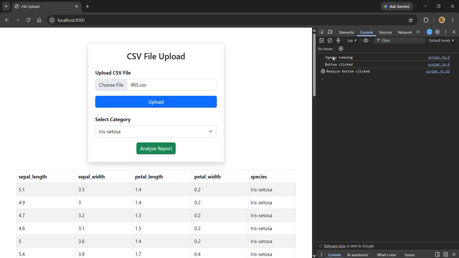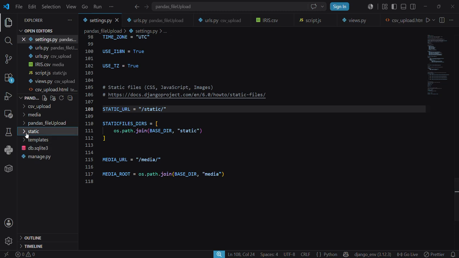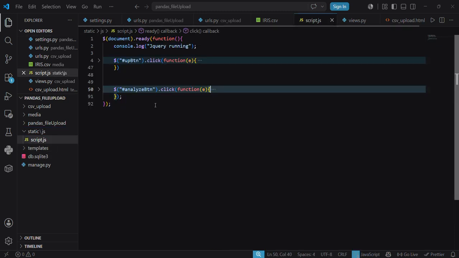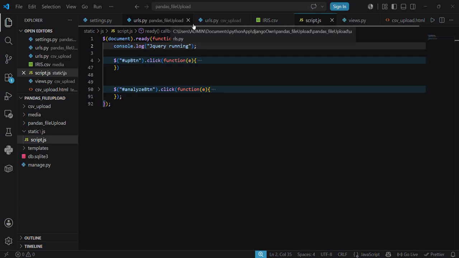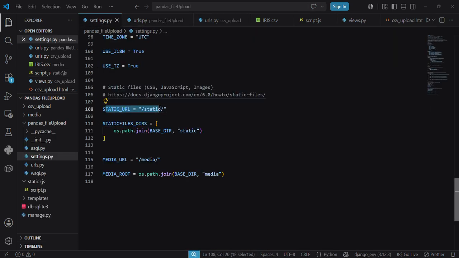So where is it coming from? It is coming from script.js. If I go to script.js, you will see it is from here. How does the browser access it? With the help of this. By default it is provided, but the front slash is missing. I have given that front slash, and this basically talks about the folder,